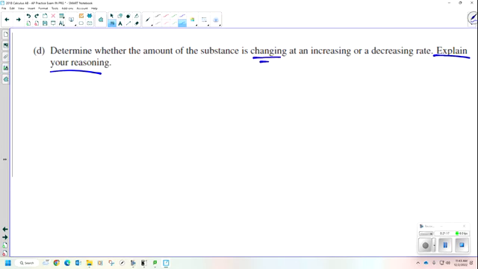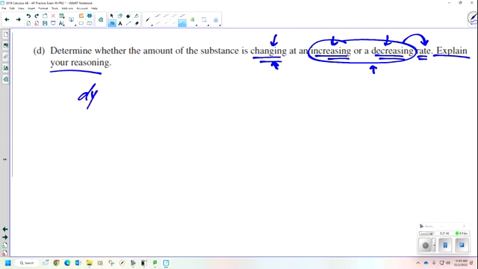Is it changing at an increasing or decreasing rate? So is the change increasing or decreasing? I don't want the first derivative, I want the second derivative, because this is about an increasing or decreasing rate. Is the rate changing? That means I take the rate that they gave me initially in the problem,